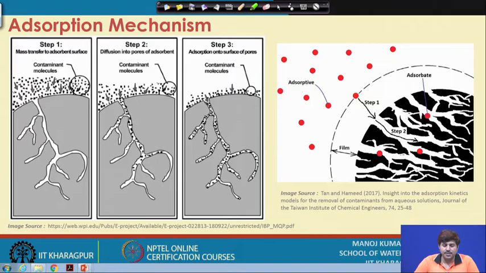If we see the mechanism of adsorption, how it happens, let us say contaminant molecules are there, they come and interact on